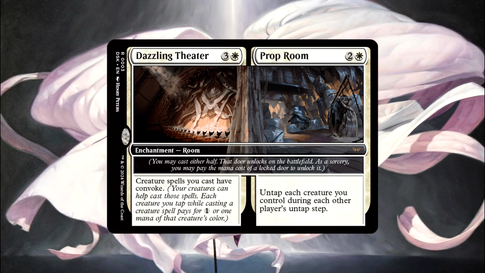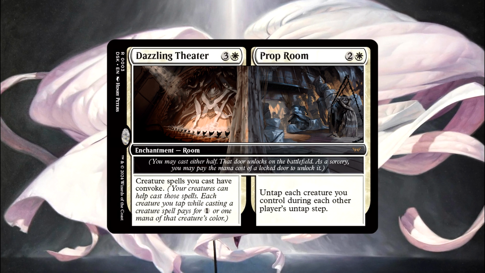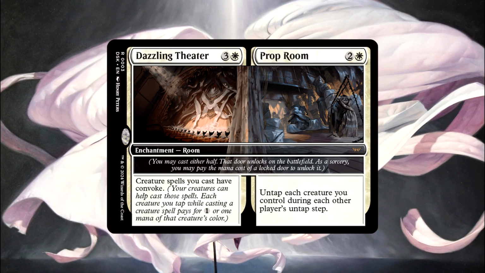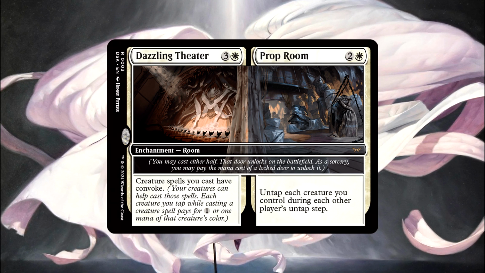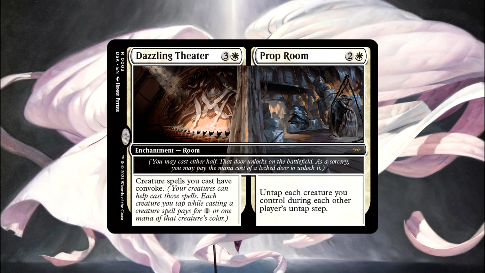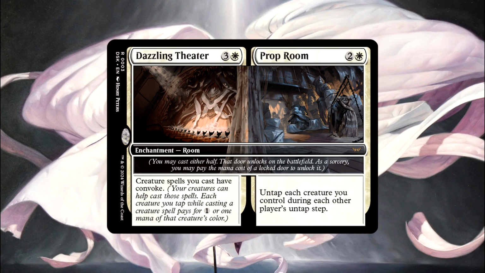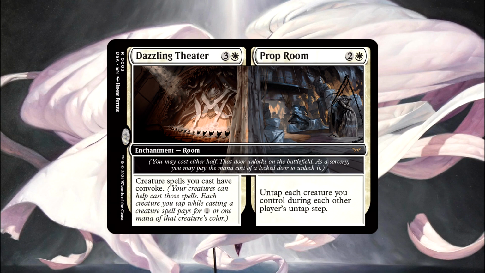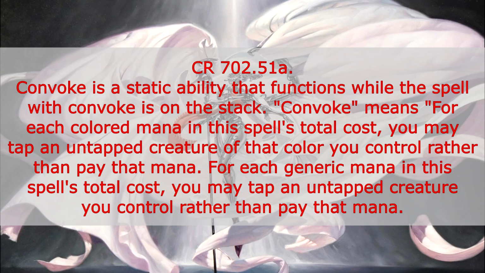Dazzling Theater and Prop Room are the two halves of the room, but we're going to be focusing on the left side of Dazzling Theater, which quite simply says, creature spells you cast have Convoke. That may not seem all too crazy just yet, but before moving on to the next card, let's make sure everyone knows what Convoke does, and there is reminder text of that ability on the card itself, but let's also take a look at what the comprehensive rules say about Convoke, as sometimes the reminder texts miss out on some details. We can find Convoke defined in the comprehensive rules in section